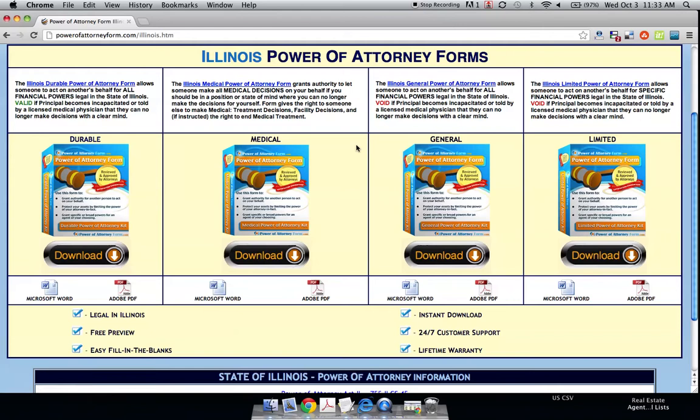They're very popular. Going to the right a little bit, the general power of attorney form. This is just like the durable, except that if the person cannot think for themselves anymore, this form becomes void. Now, you're probably saying, well, why would somebody want this form? This is very popular between husband and wife teams and business partners, where if one's out of town or one's doing this and the other one's doing that, they can both kind of cover for each other. And at the same time, if something should happen, the form becomes void.